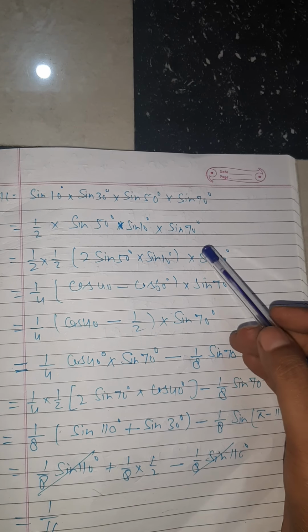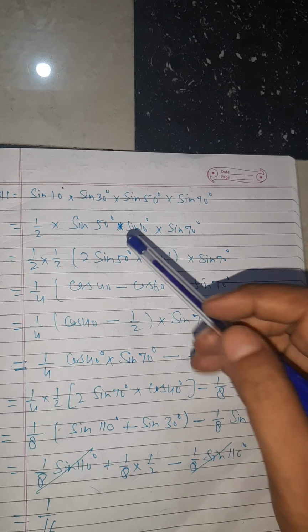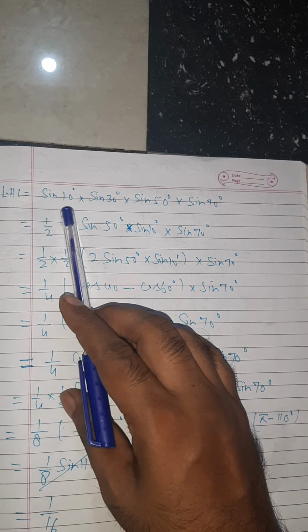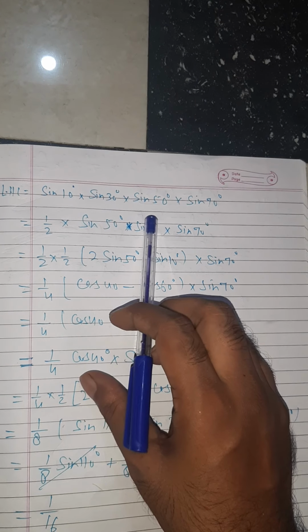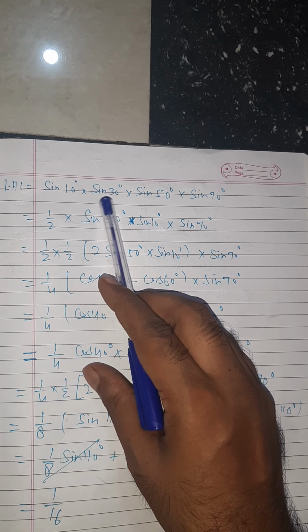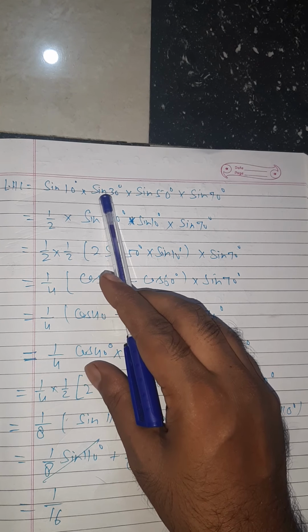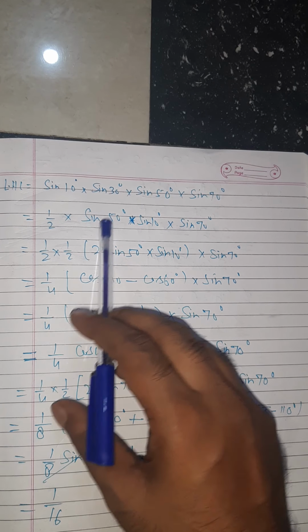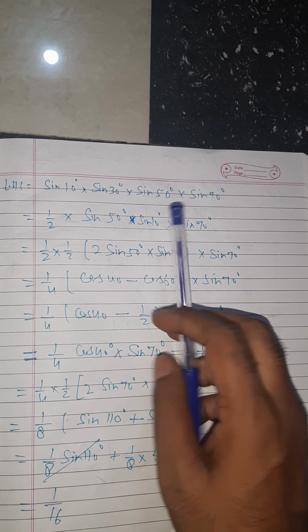Hello students, today I am going to discuss some problem. Suppose this is my left hand side: sin 10 degree, sin 30 degree, sin 50 degree, sin 70 degree. Sin 30 degree, I know that the value is 1 by 2, so I have just written 1 by 2 in place of sin 30 degree. Then the rest of the things, sin 50 degree, sin 10 degree, sin 70 degree, I am just going to